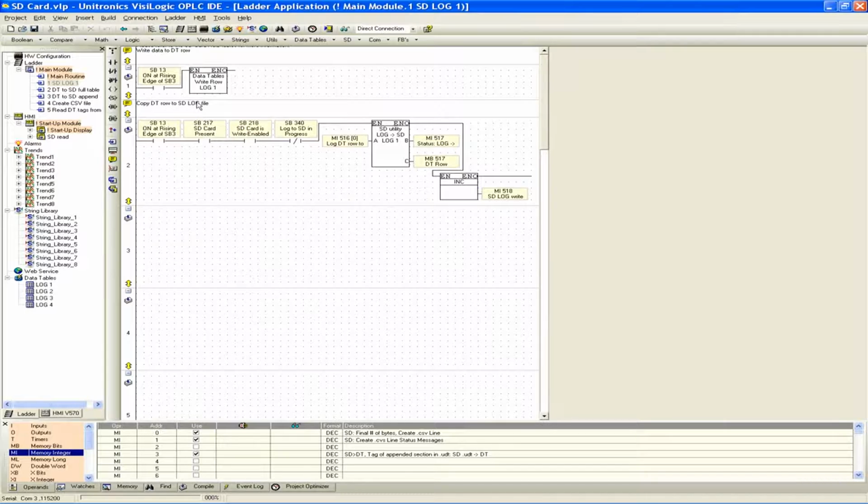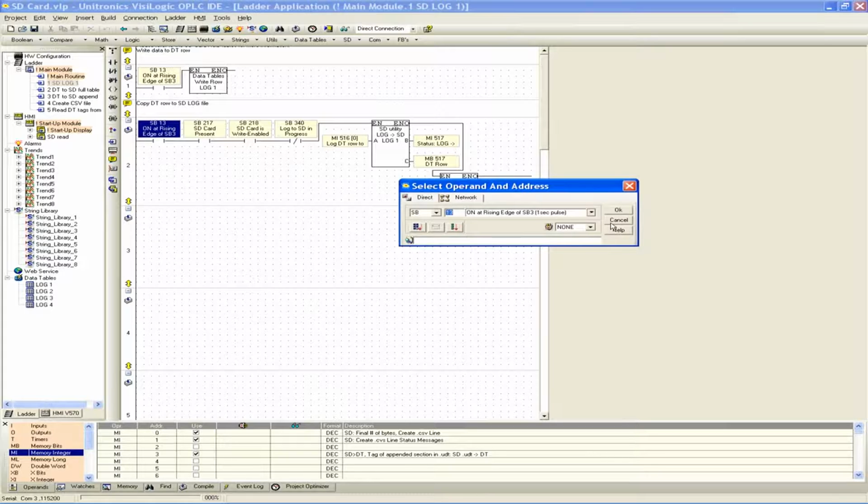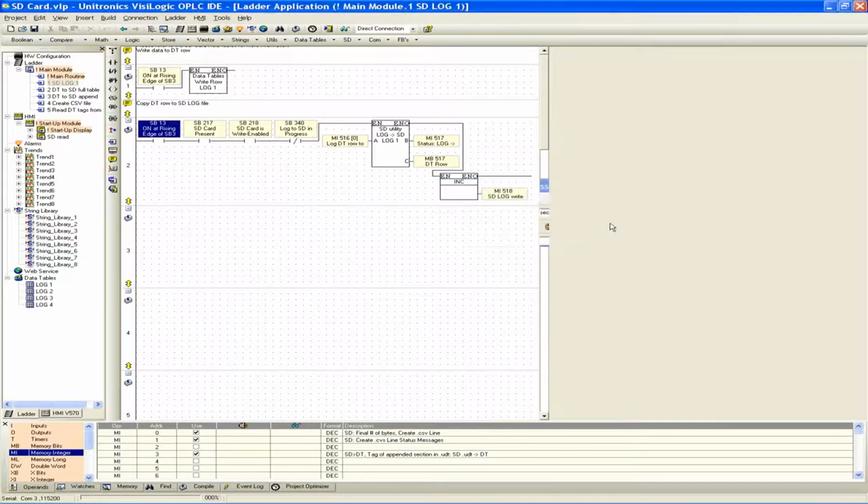So the first thing that we're doing is in net 1 we're just writing sample data to our log 1 table, which is going to be used for the log file. So in net 2, again, system bit 13 here is just saying we're going to write data every 1 second. It's just a special system bit. And you can see here as well, there's a couple of